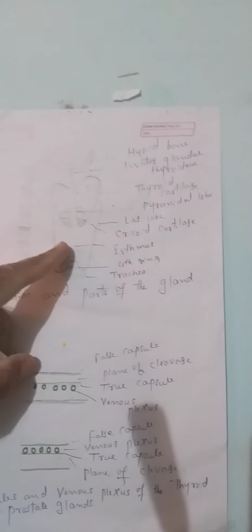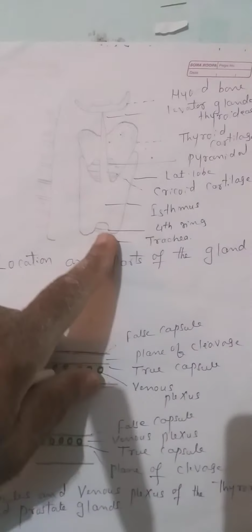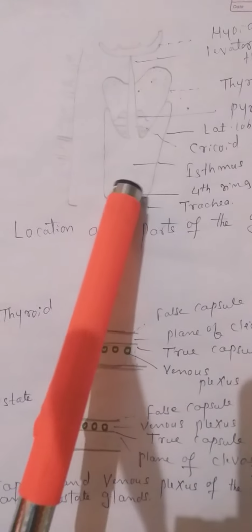Now we will see the diagrams, so that once again we will see that it is a pyramidal shaped structure. This is the thyroid cartilage, clasped by the trachea here. The 4th to 5th tracheal rings are here. You can see the tracheal rings here, and the thyroid cartilage above. In the middle is the thyroid, which is pyramidal shaped. There are 2 lobes, a right lobe and a left lobe.